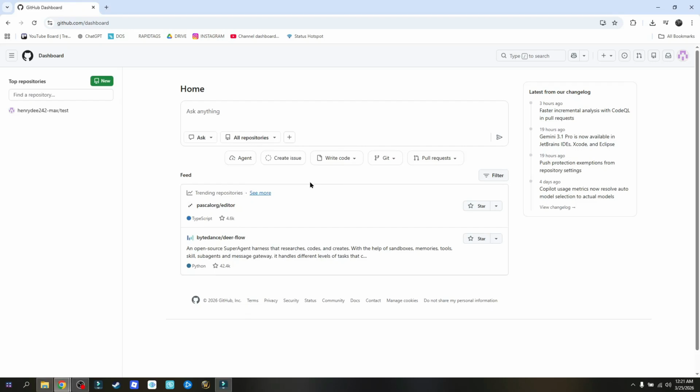How to give admin access to GitHub. In this quick video, I'm going to show you how you can give access to one of your admins or collaborators on GitHub. So first is open up your preferred web browser, but in this video I'm going to be using